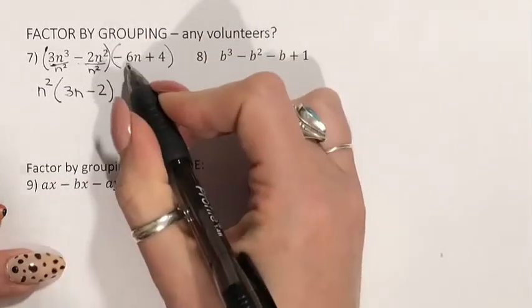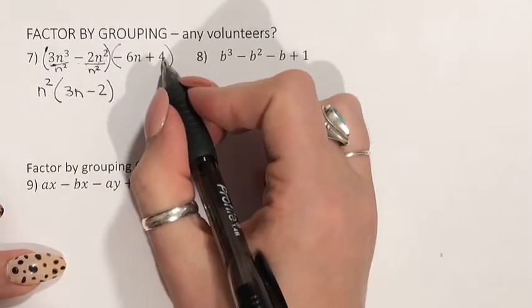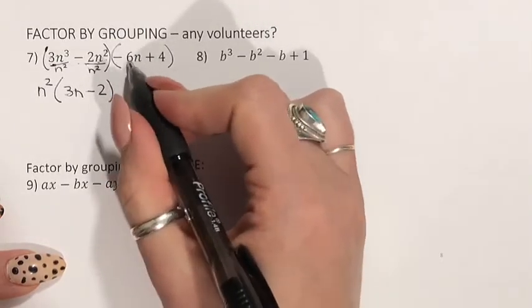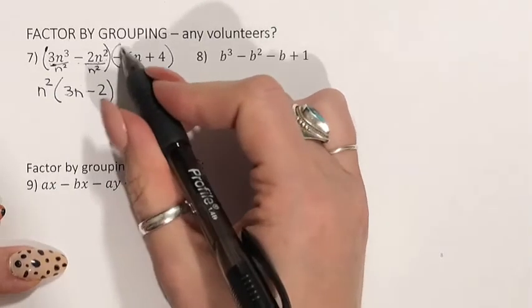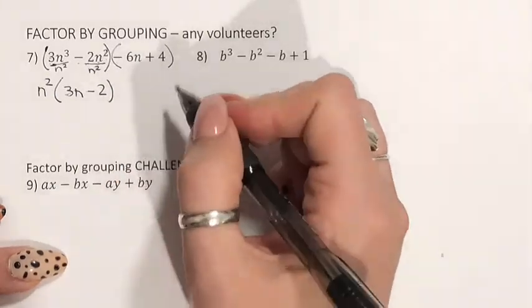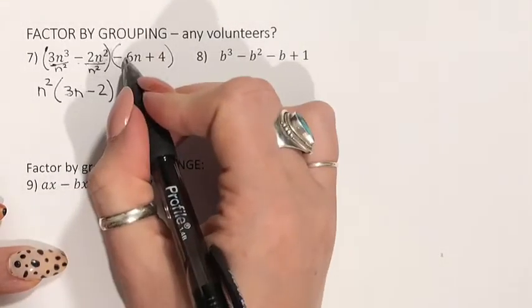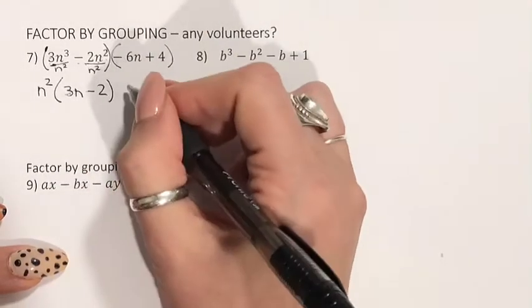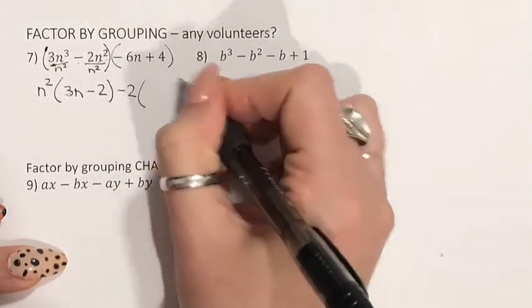And then on our second group, remember we have that negative here. We have a negative 6n plus 4. So for 6 and 4, the biggest number that goes into both of those is 2. But I need my signs to match the right way. This is a positive negative pattern. Right now this is negative positive. So instead of just taking a 2 out, I want to take a negative 2 out so that my signs